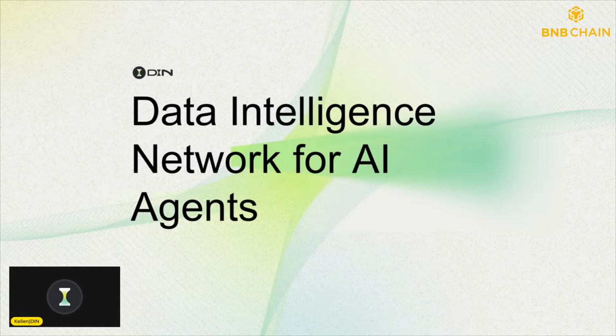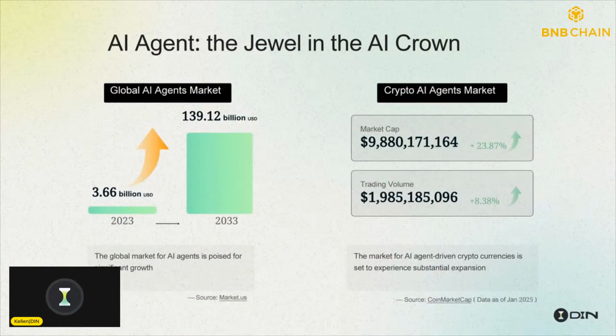need to thrive. So why Ding is focusing on the AI agents is simple because the future is heading straight in that direction, and the numbers speak for themselves. You can see the global AI agent market is set to explode, growing from around 4 billion to like 140 billion by 2033. And that's not just growth, it's a massive shift in how AI will operate in our daily lives.